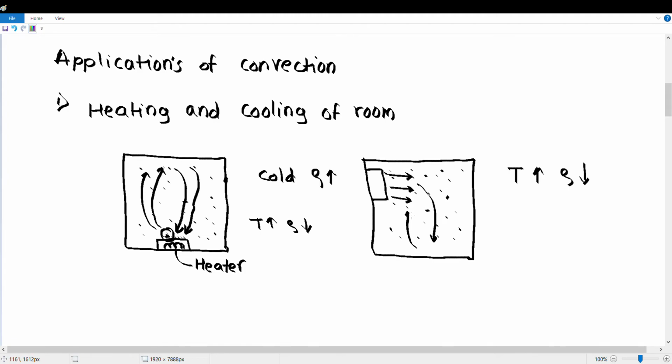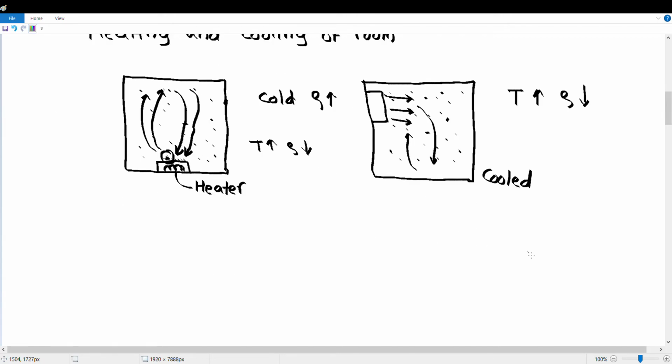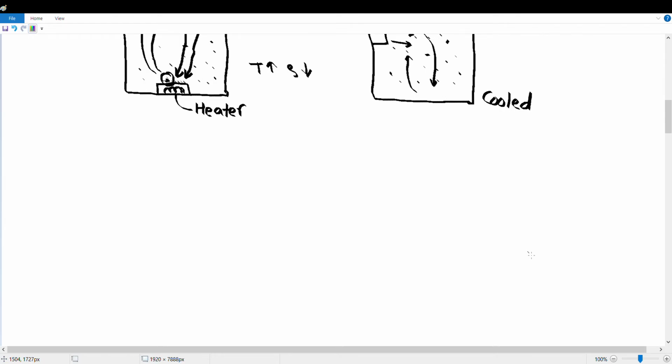The hot air moves in an upward direction. This process continues, and in this the convectional current is set. In this way the room gets cooled with the help of this AC. So this is the first application of convection, heating and cooling of a room. Now let us see the second application,